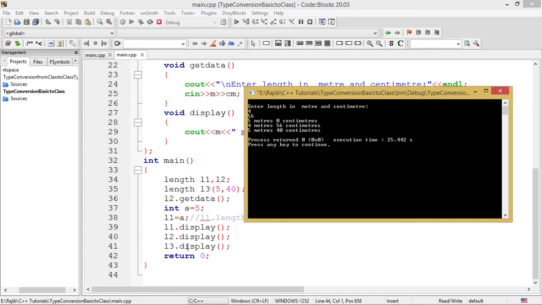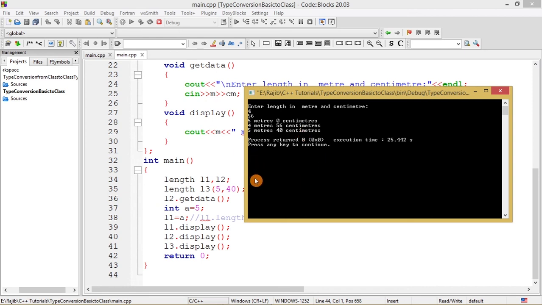After that, L3 dot display. L3 dot display means L3 we have originally supplied the two parameters for this L3 object, and it should obviously show 5 meter and 40 centimeter as the length value of L3, and we get this value here as well according to our expectation.